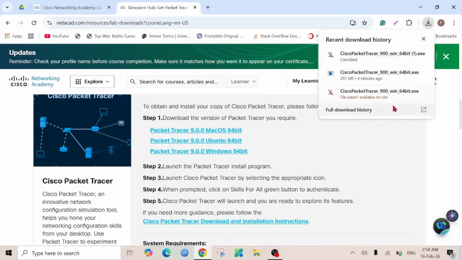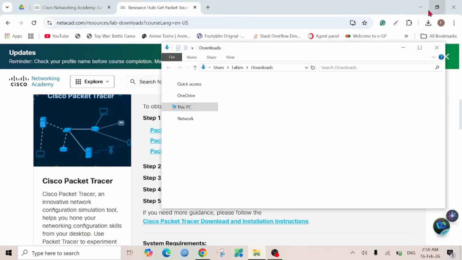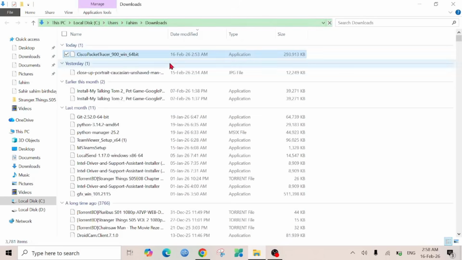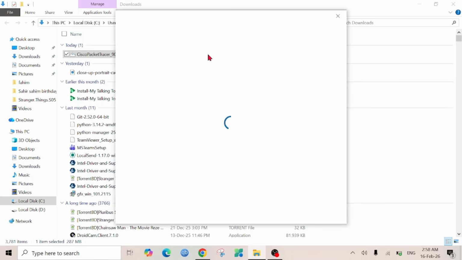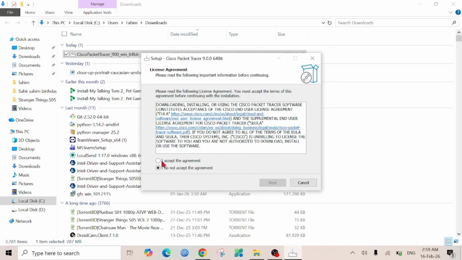So after finishing the download, go to the containing folder option. I'm going to minimize the browser here, and this is the downloaded file. To install it, all I have to do is double click it. And if you are using Microsoft Store, this widget will pop up because they don't allow any software besides from their store. So they are just gonna ask the permission to install it anyway. So I'm gonna click that option here, select yes, and now select I agree to the agreement